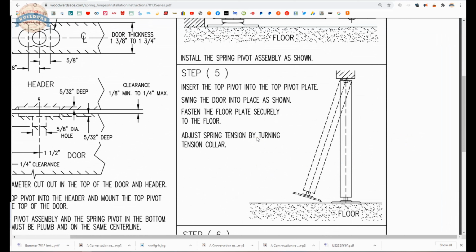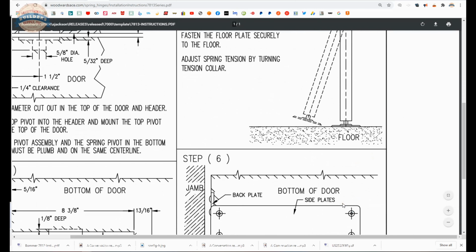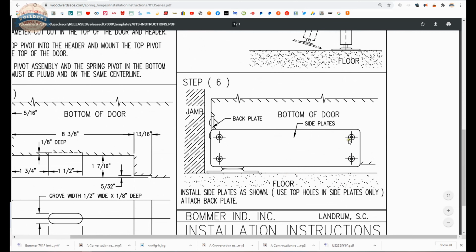What I would do is I would get it into position. I would make sure that my margins were uniform, accurate, and symmetrical. I would make sure my door was positioned properly within the opening so it wasn't canted in or out or toed at all. I would mark my holes in the floor. I would remove the entire door. I would drill my holes, put the door back in, then I would secure it down to the floor. Then lastly, I would attach my faceplate. And then again, you're going to...